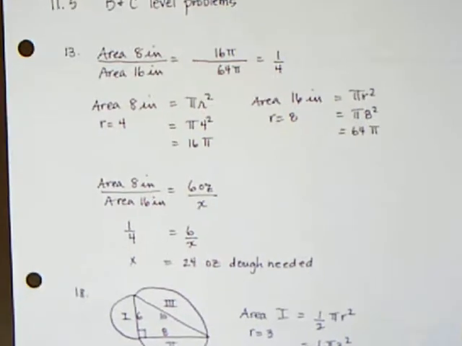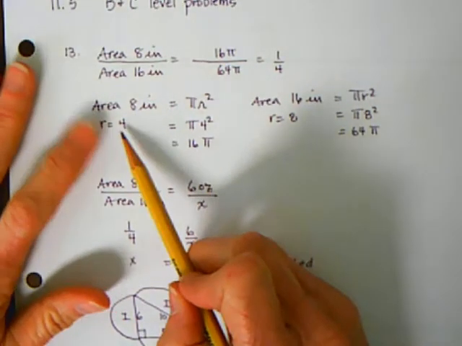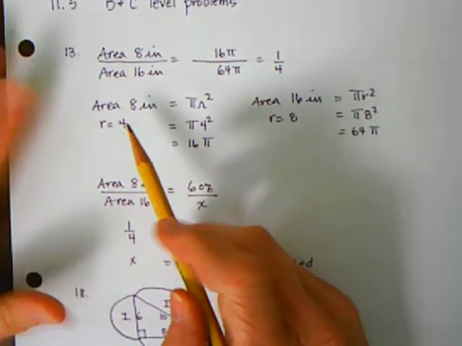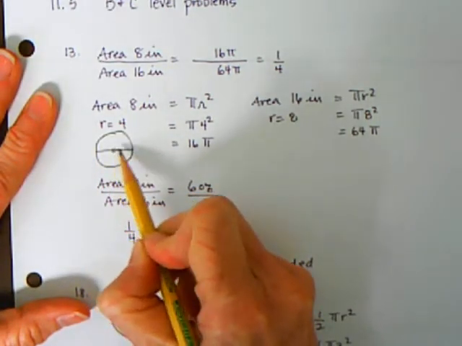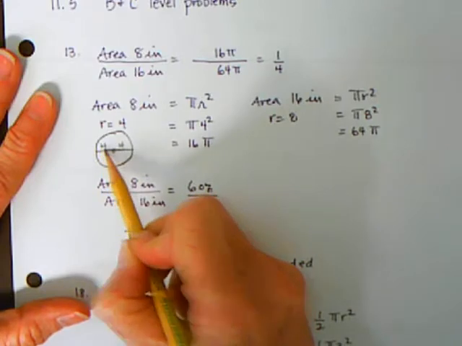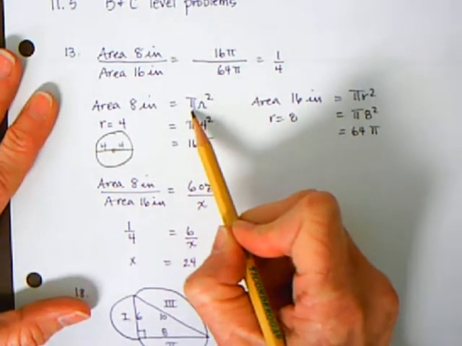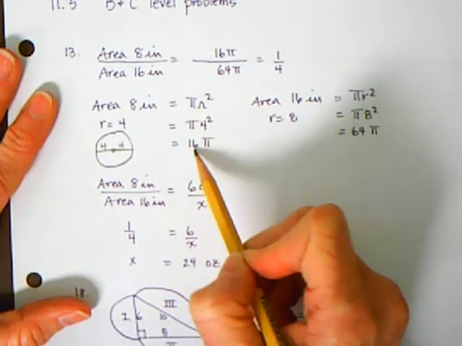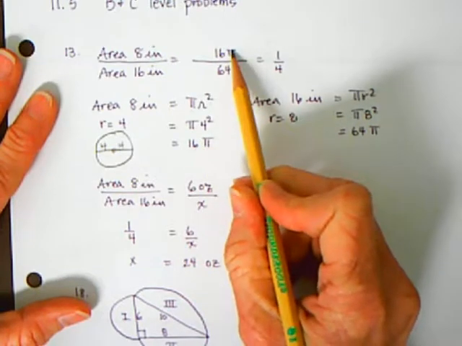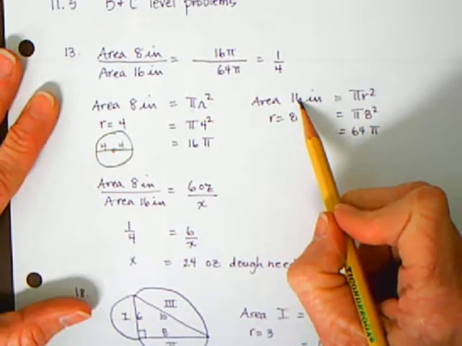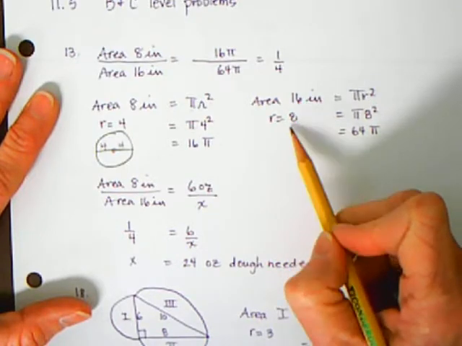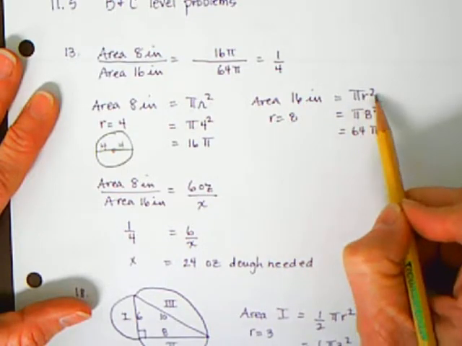So let's do that. The 8-inch pizza has a diameter of 8, and so the radius is 4. We know the formula for the area, pi r squared, pi times 4 squared, 16 pi. 16 pi for the pizza area. And then the area for the 16-inch pizza is, well, the radius is 8, pi times 8 squared, which is